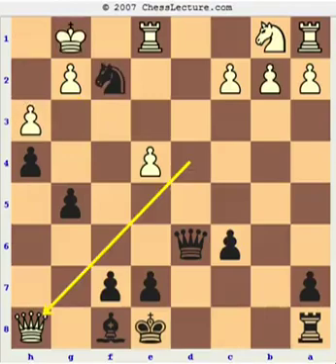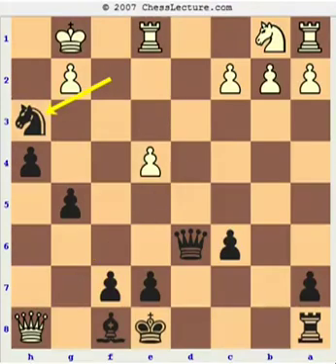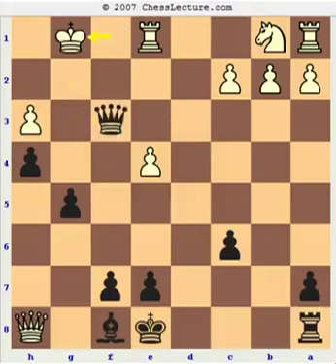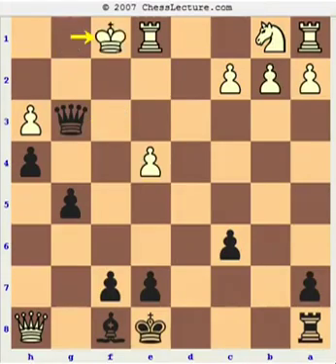So white played g takes h3. And after queen g3 check, king f1, I played queen f3 check, king g1, queen g3 check, king f1. And now I had an interesting dilemma, because as I mentioned, a draw